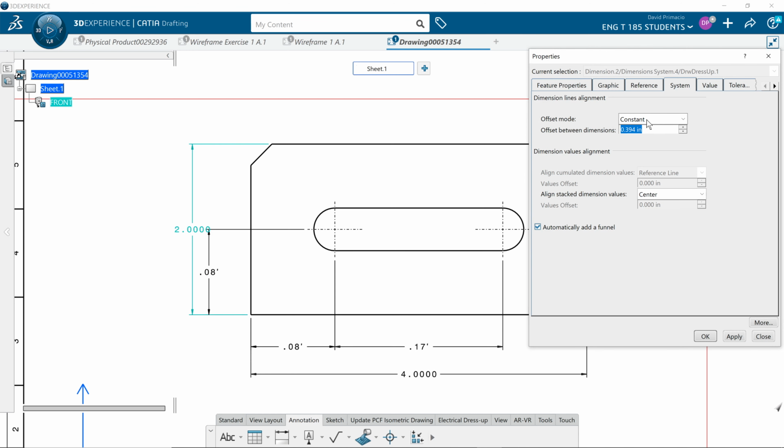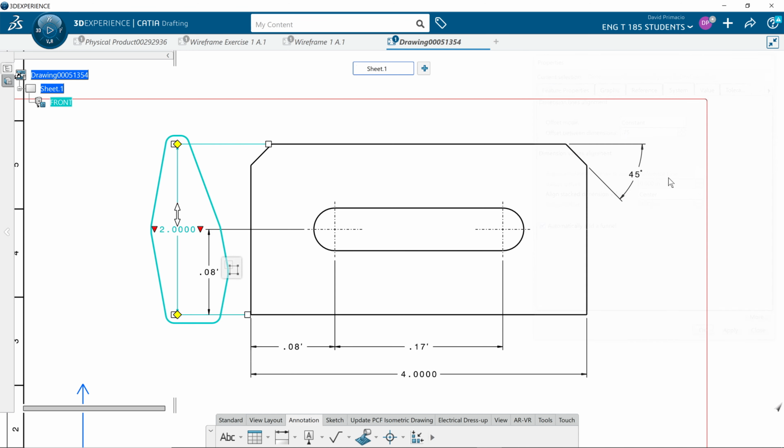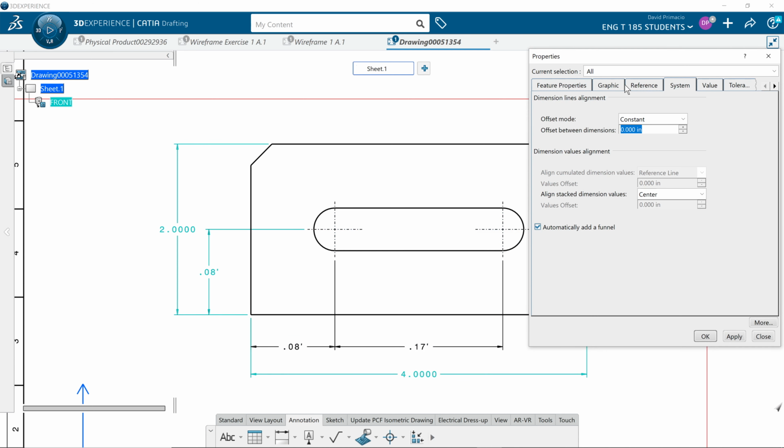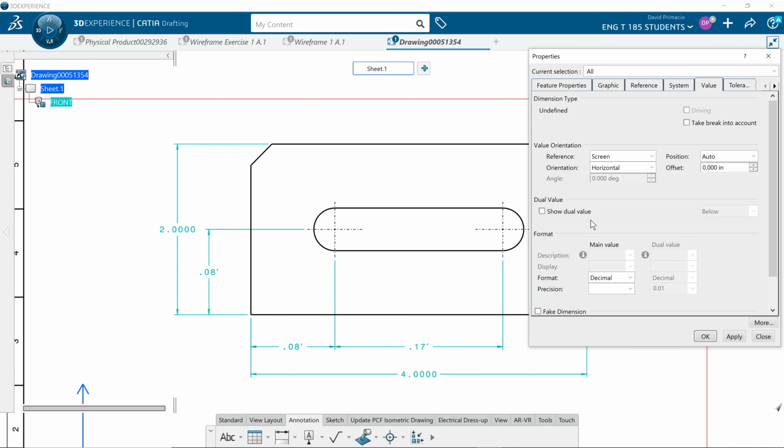Under the system tab, I got to change that to something like 75 to give myself some spacing. I'm going to highlight this whole thing, right click on this dimension line and go to properties. And we're going to go to value and set